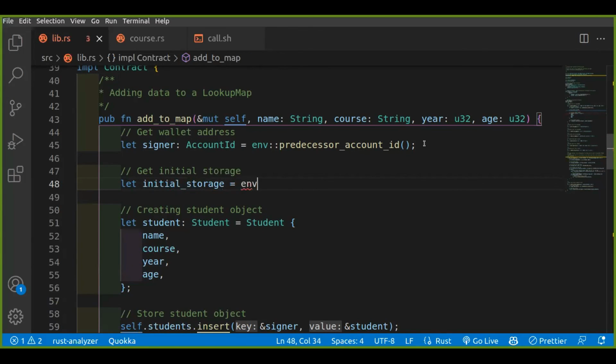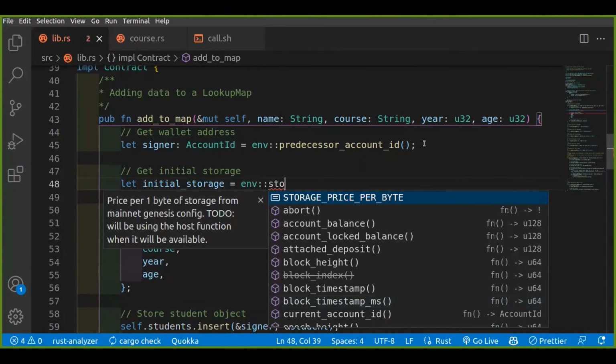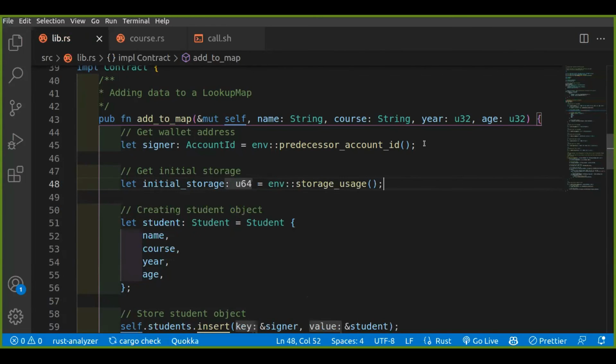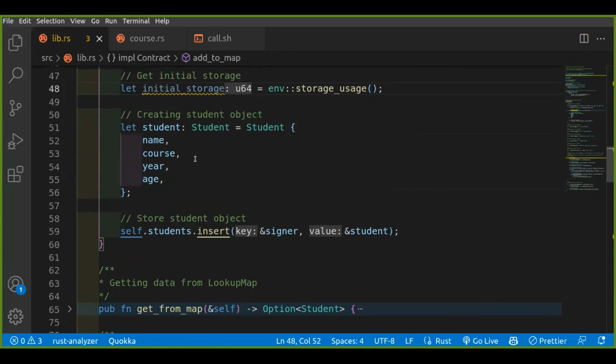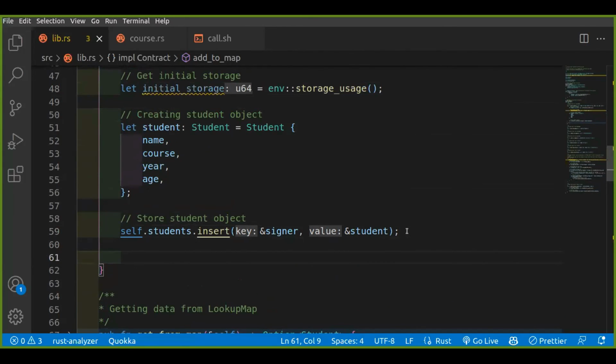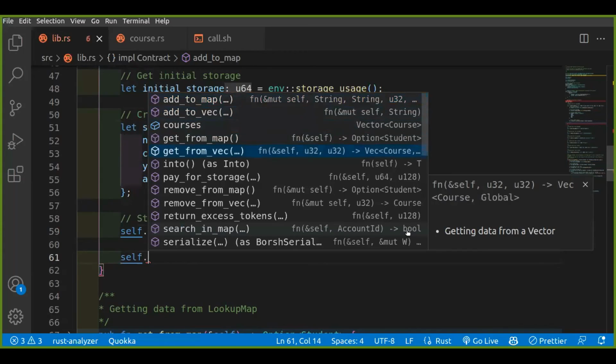We're going to achieve that using the env module, using the storage usage function right there. So that will give us the initial storage, right? Then the user will go ahead, create their student object, and insert that inside the students collection. Then down here, now that they've stored that within the collection, I want to process their storage information. So this is where I'm going to come in and say self, then invoke the pay for storage